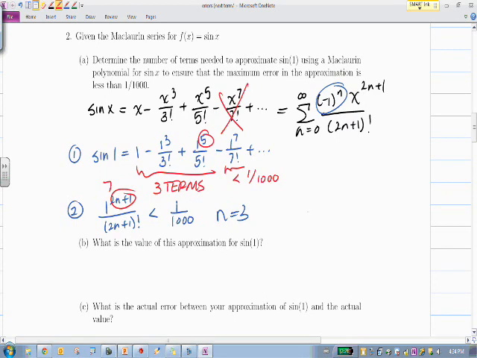You have to be aware what the series is really saying to make sense of this answer. Okay, so in part B, it says, what is the value of this approximation for sine of 1? So I just need 3 terms, which is 1 minus 1 over 3 factorial plus 1 over 5 factorial. If you plug that into your calculator, you'll get that sine of 1 is approximately equal to